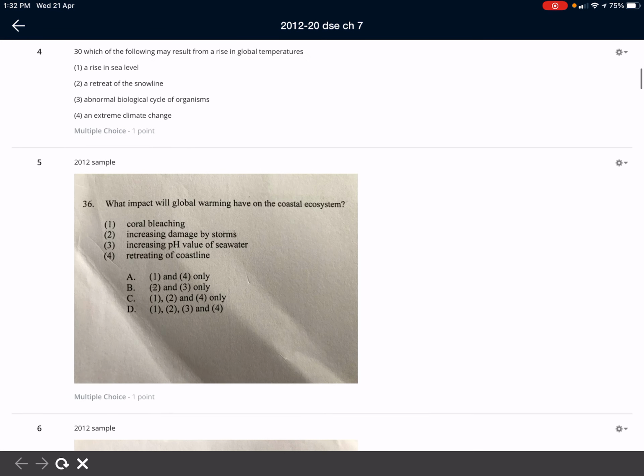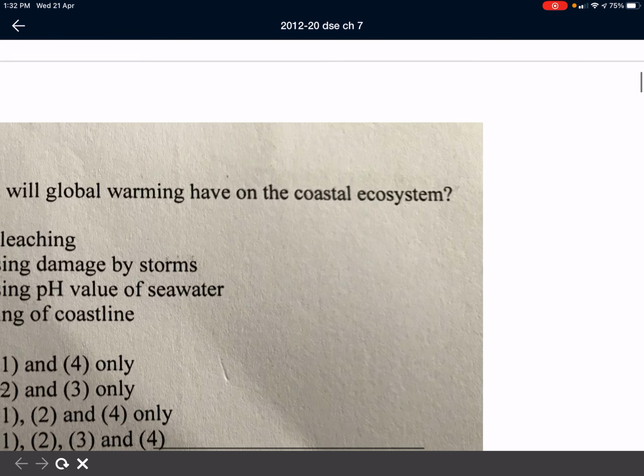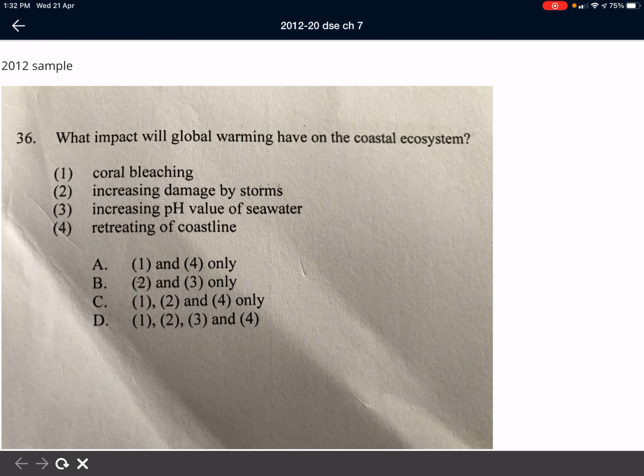And then for this one, which impact will global warming have on the coastal ecosystem? First of all, coastal ecosystem, bear in mind coastal, can you see coastal? Okay, if it is talking about coastal ecosystem, the coral bleaching will take place, and then the storm damage will also take place. And then increasing pH value of the seawater, I don't think so. And then retreating, because most of the time if we are going to have a hotter climate,